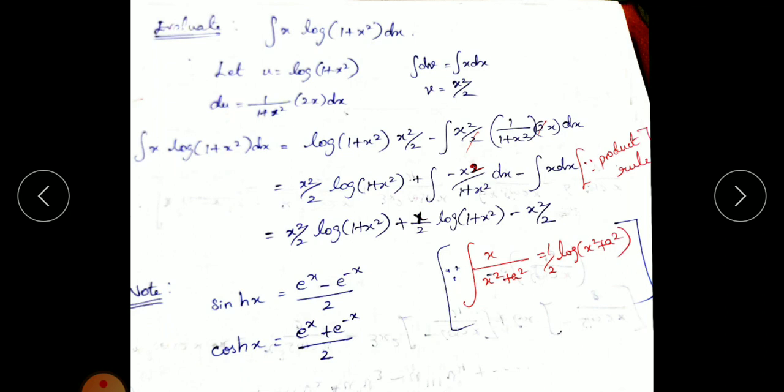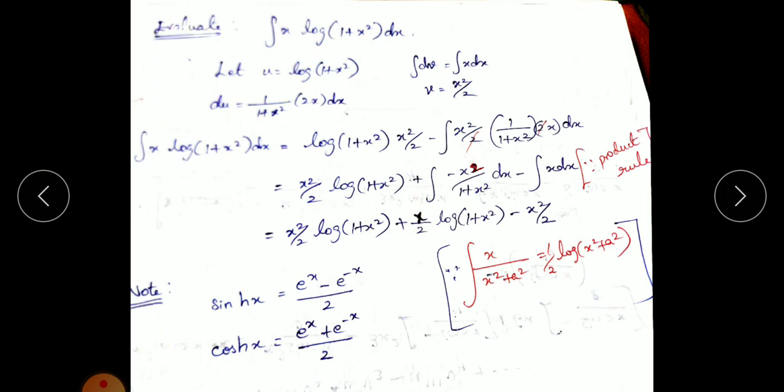Okay, and then here minus x squared by 2, and here plus into minus becomes minus has to come. Actually minus has to come in this place. Please change it as a minus here. Okay, in this place make a correction to a minus here. Okay, so this is the problem.